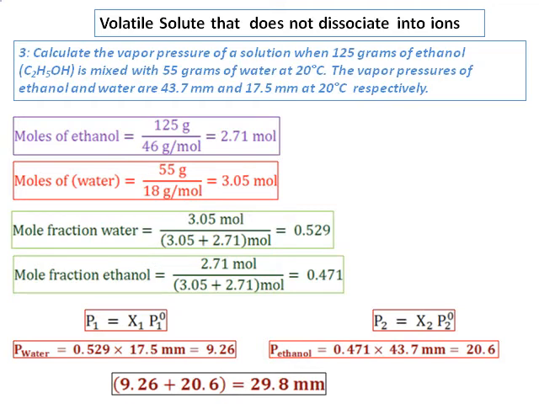And if you look at the value of it, this is lower than that of ethanol, but higher than that of water. So as far as ethanol is concerned, the vapor pressure depression has occurred. But in case of water, because water is not very volatile, the vapor pressure is increased because this has an additional contribution from the volatile solute.